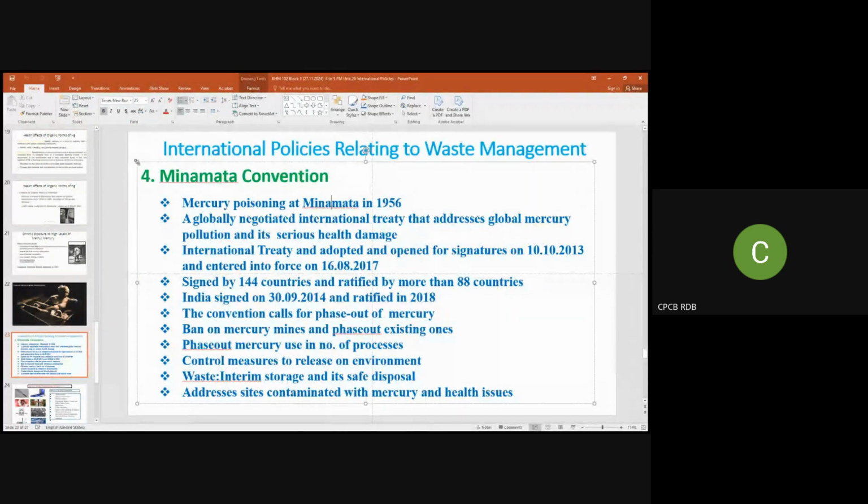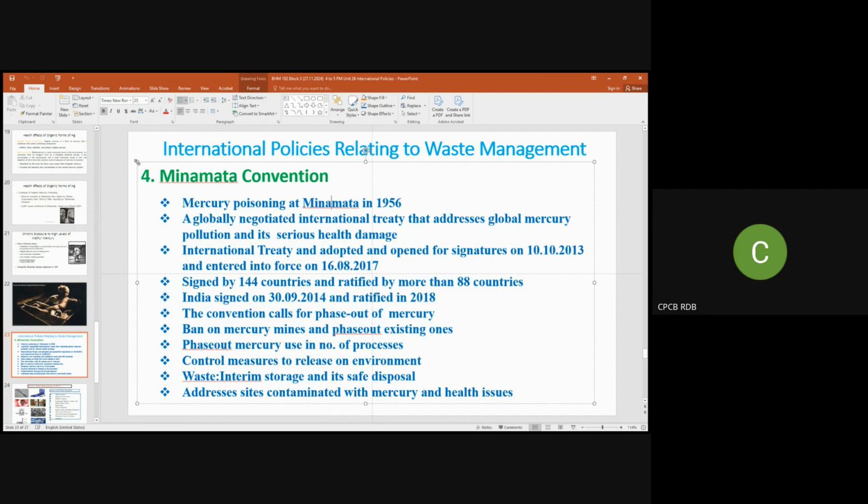And signed by, as on date, it was signed by 44 countries and ratified by more than 88 countries. Means not all 88 countries have signed, but they have started implementing the policies of the Minamata Convention. India signed this Minamata Convention on 30 September 2014, and we ratified it in 2016, 2018, but we have started implementing the policies of the Minamata Convention since